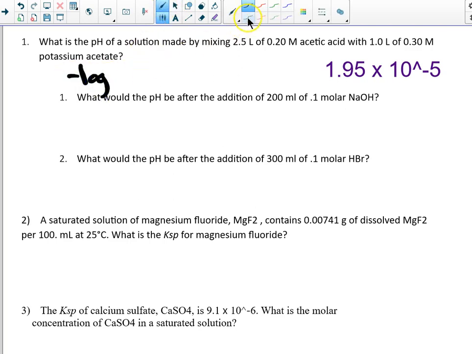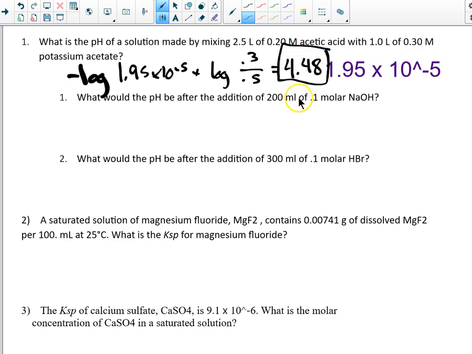Negative log of 1.95 times 10 to the negative 5 plus the log. How much base was there? We did it yesterday, right? It was 0.3. And that was what value? Okay. I heard a lot of these and then one other one. All right, 4.48. Okay, now, what would the pH be after the addition of, and I made it bigger,